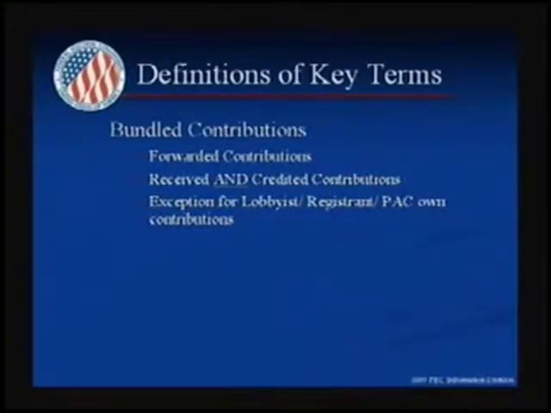Now the second type of bundled contribution is a contribution where the contributor gives the contribution directly to the reporting committee. So I make a contribution directly to a campaign committee. However, the campaign gives credit to a lobbyist for having raised that money on their behalf. So that's a situation where the contribution is received by the campaign or any reporting committee, and then that committee gives credit to a lobbyist. In that case, the lobbyist hasn't handled the check, they haven't forwarded the check, but it would still be considered bundled if they receive some sort of credit for raising that contribution. And we'll talk more about what it means to credit or certain means of crediting contributions.